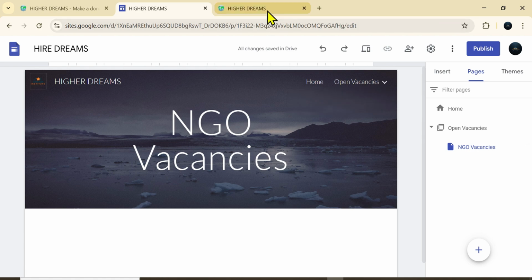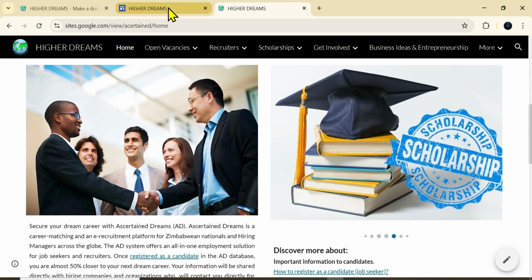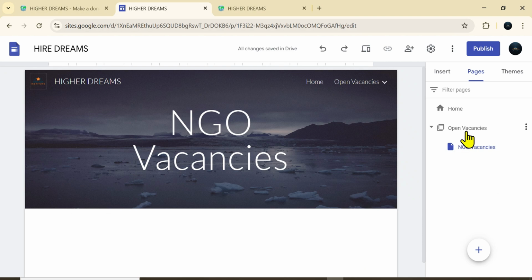Let me see the other page that we want to put inside this drop-down menu. We want to add engineering vacancies. So I'm going to click here. Another way of adding a page